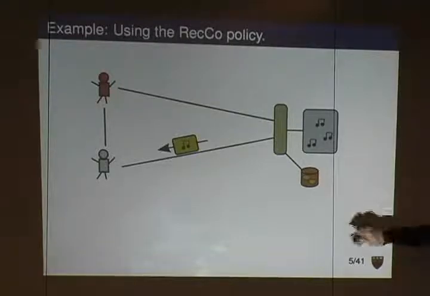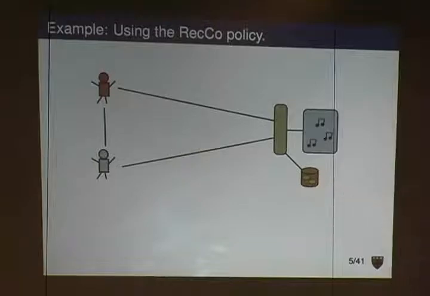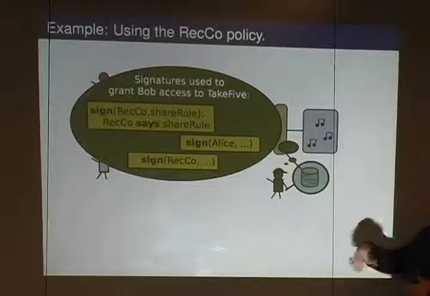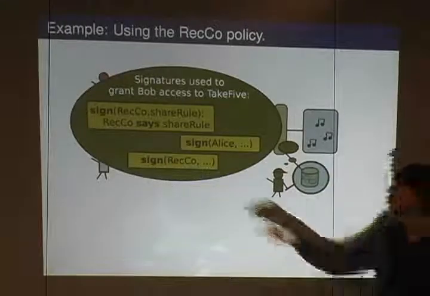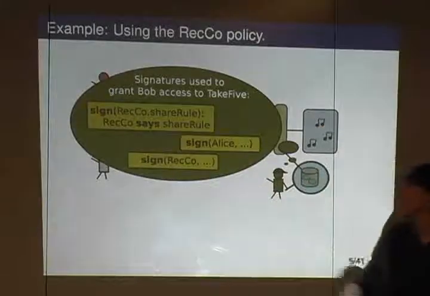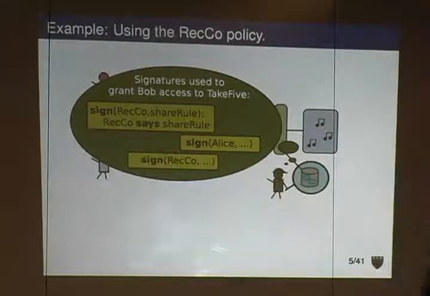And now, because we've been logging carefully, we can also go back in later after the fact and send an auditor who can ask questions. For instance, the auditor might wonder, why was Bob allowed to play the song? That doesn't seem right to me. And he can look at the proofs that are in the log and see that the digital signatures, the evidence that came in when Bob was allowed to play the song, mentioned the record company because it asserted the share rule and that Alice owned the song. And it also talks about Alice's signature because she was delegating to Bob.